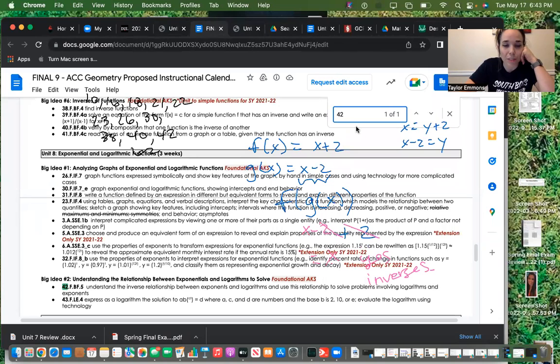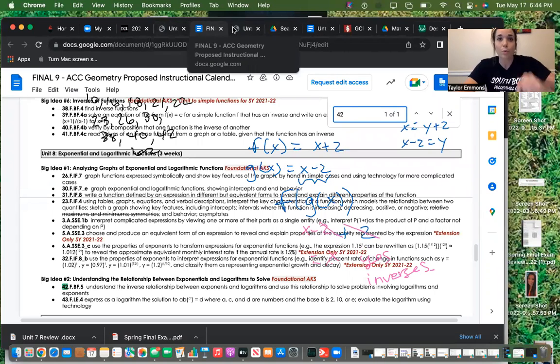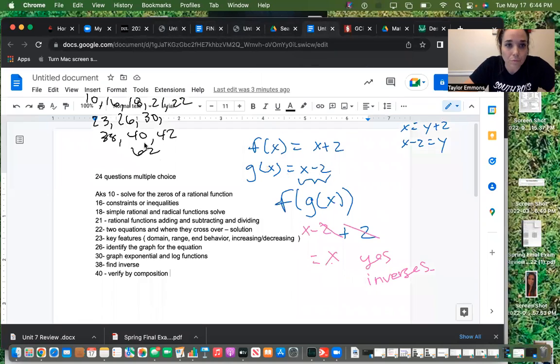All right, 42 is understanding the inverse relationship between exponents and logs and using it to solve the problems. Okay, so 42 specifically is inverses of exponential and log. So what I need you to understand, I'm going to write that down here: 42, inverse, log, and exponential. Okay, so what you need to get from that is,